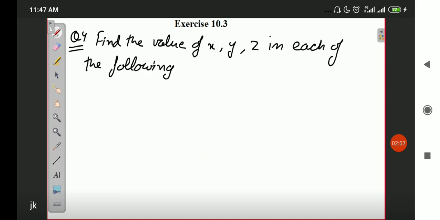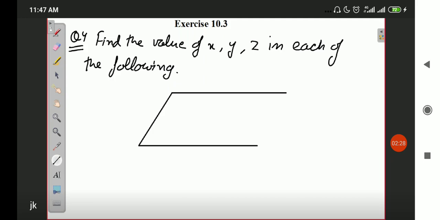So for question number 4, I'm just going to discuss the second part with you. Parts 1 and 3 I will leave for you. Why is that? Because in part 1 the basic property of parallelogram is being discussed. The basic property of a parallelogram is that both sets of opposite angles are equal. So by doing that you can easily do the part, and also you can use co-interior angles. For two parallel lines, the sum of the interior angles is 180 degrees.